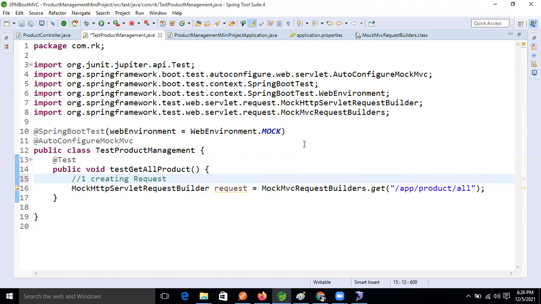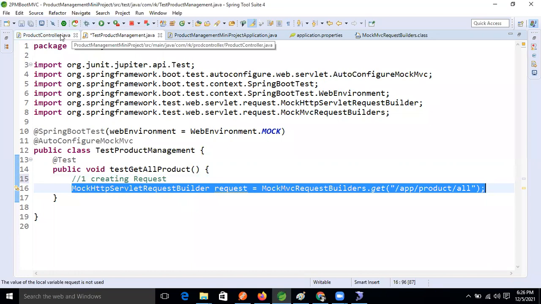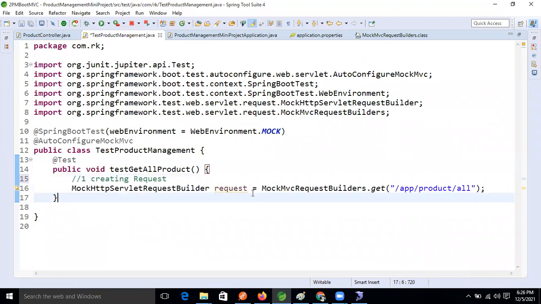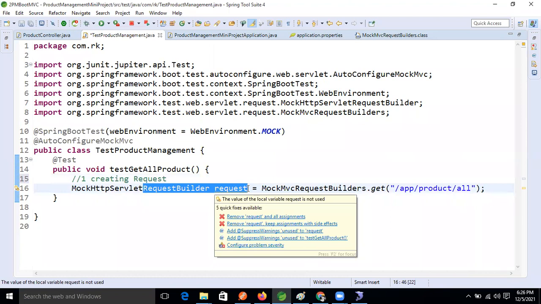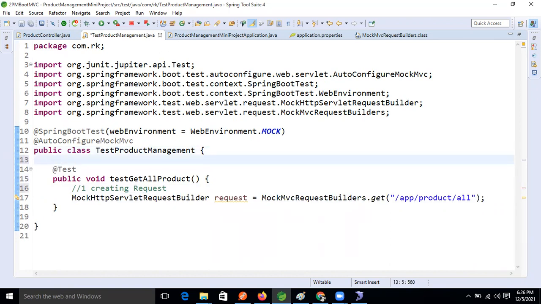Next step, what will we do now, guys? We need MockMvc, so we have to mock this object. After that, we have to mock the request, whatever request is there. Means we need to create the object also, which I said is a dummy object. Then how will this dummy object be created? For that we have to autowire MockMvc.